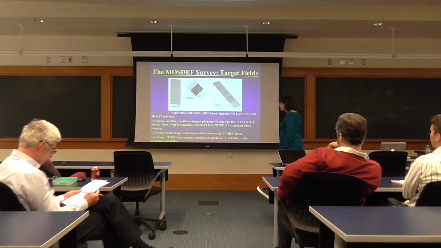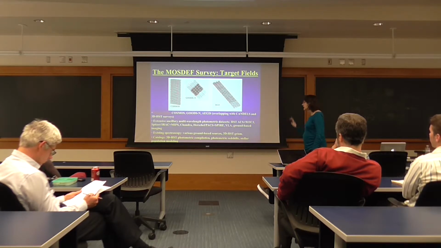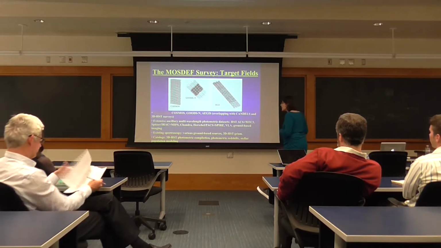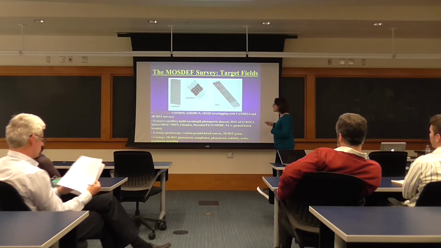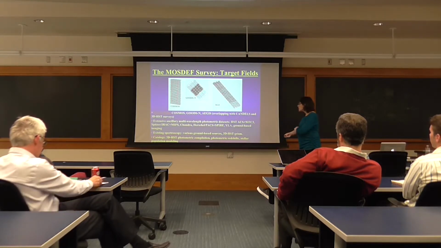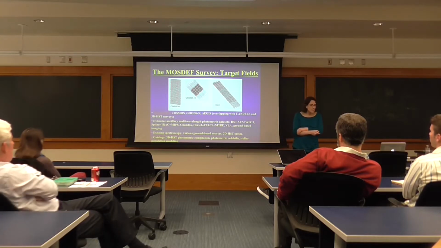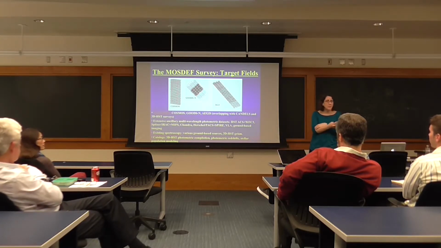And so, as I mentioned before, there's a lot of ancillary multi-wavelength data that have been collected in these legacy fields. There are two other legacy fields, the UDS field and the GOODS-South field. Based on when we're doing the observing, only in the spring, we're focusing on these fields. They're spring fields. So there's Hubble data, there's Spitzer IRAC and MIPS data, telling us about the stellar population and